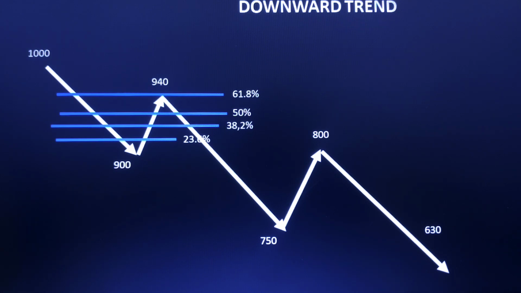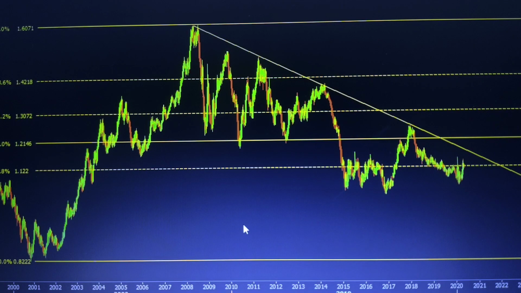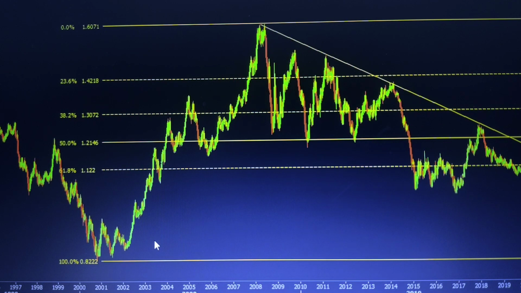That is mainly for finding out these four levels: 61.8, 50%, 38.2 and 23%. With the use of these four levels, we can find out at what level in a downtrend or in an uptrend the price reversal can happen or extend. Now we can show you directly one live chart of one currency, the Euro USD chart. It is a daily chart where we can see how to draw Fibonacci retracement and find the retracement levels.